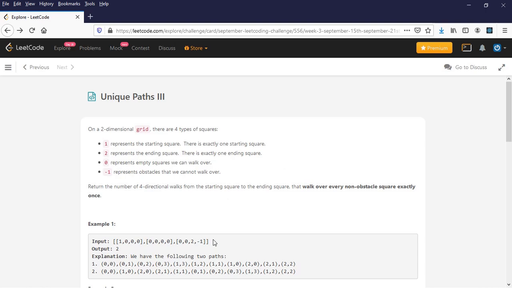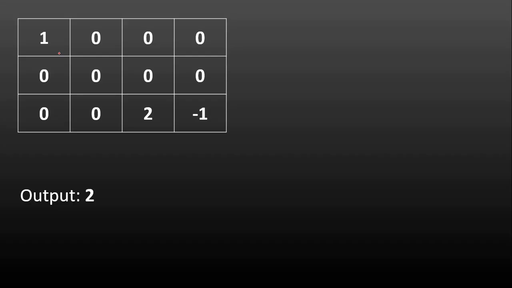And this is the first example. So let's look into the first example. This is the grid that has been represented, and 1 is at the start of the grid, but that may not be the case every time, because they have mentioned that the start of the grid can be at any cell, and similarly the end of the grid can be at any cell. So the start is represented by 1, the end is represented by 2. So from 1 we have to start, and we have to find a path till 2, and -1 is the obstacle, so we cannot go from here.